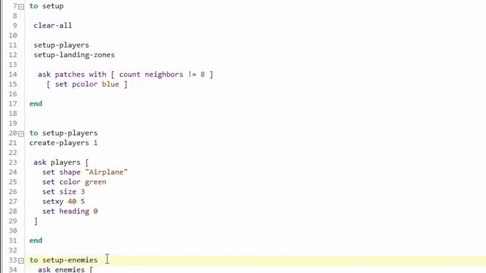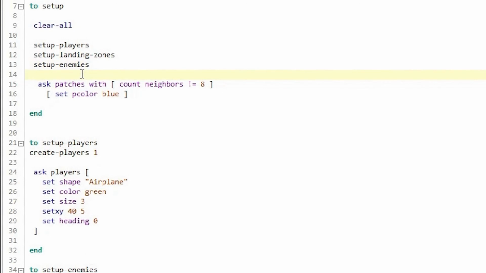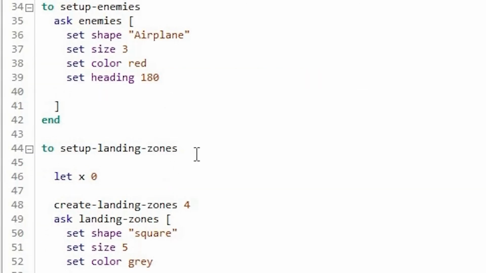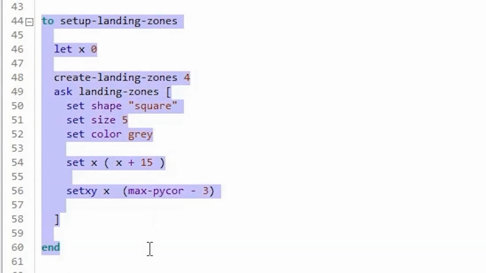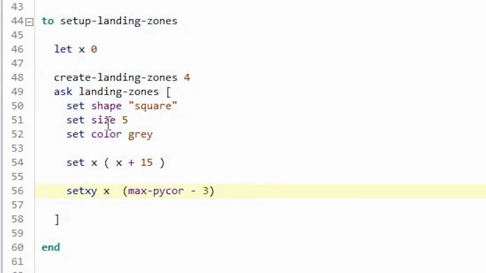So now this setup is there. So I'm going to have this setup procedure call just after the landing zones. And whenever we create landing zones, we can do one additional thing.